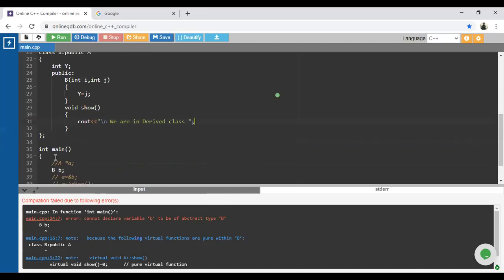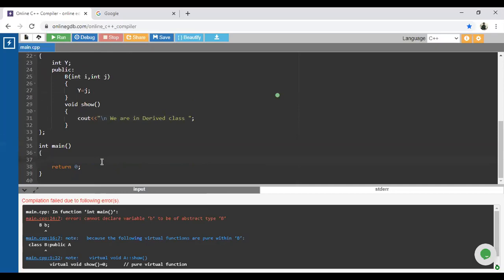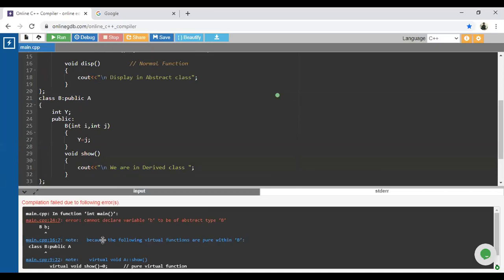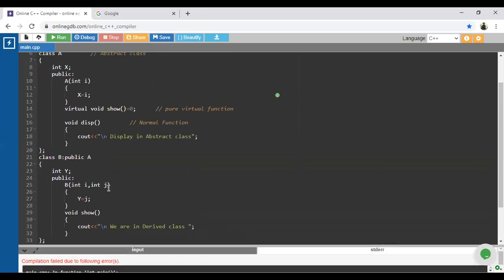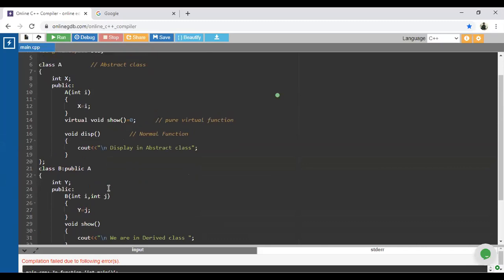Now, guys, my question is: when is a constructor called? When we create the object. The constructor gets called when we create the object. But what about the abstract class, guys?